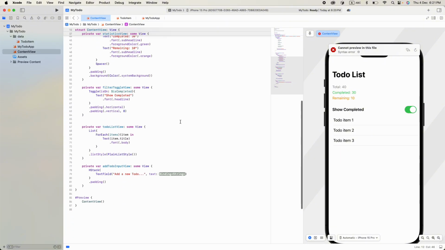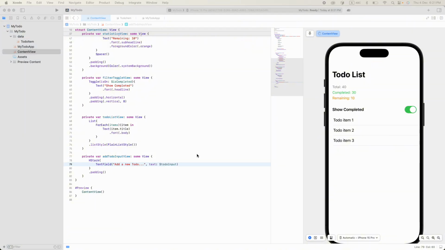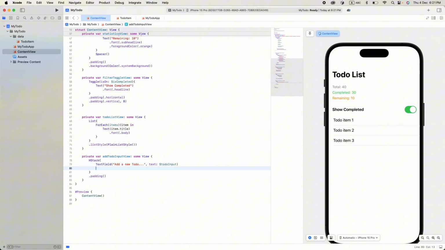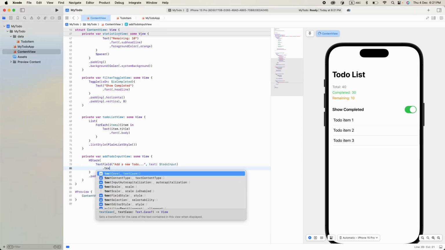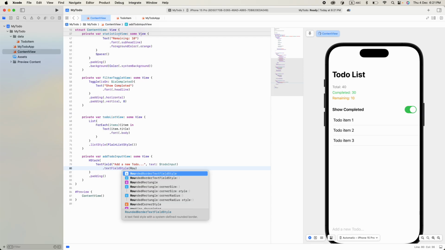Okay, now we just pass our text to this variable, toDoInput. Okay, and then I say dot textFieldStyle, and the style should be roundedBorderTextFieldStyle,